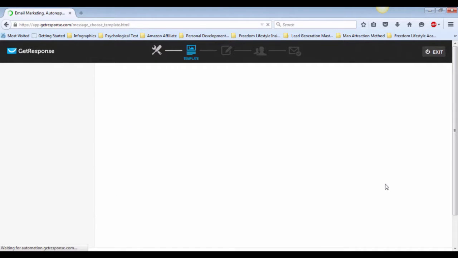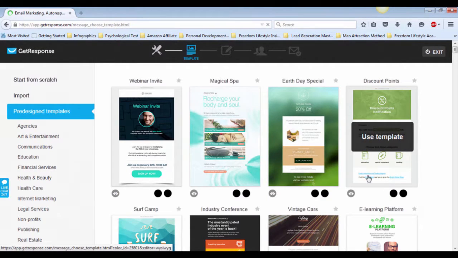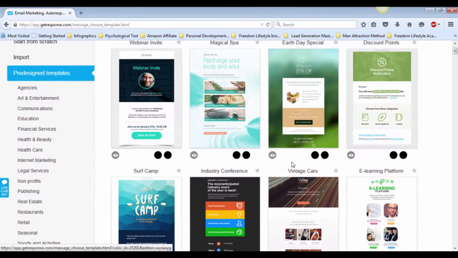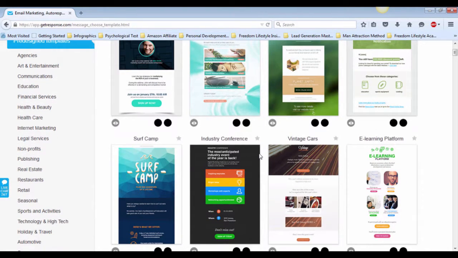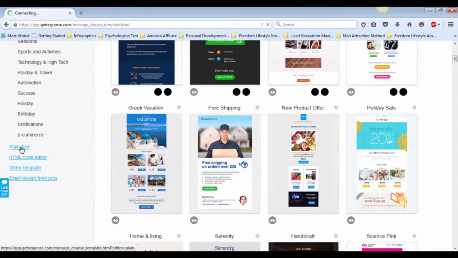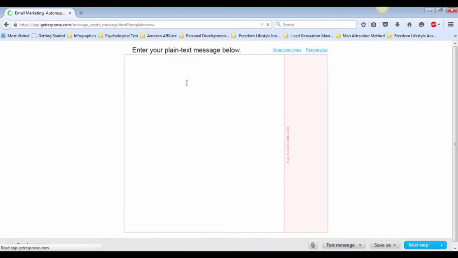And then, at the left-hand side of the page, you can see there are some pre-designed templates. But I will not recommend that you choose the complicated one because the chances that your email will be sent to spam are high if there are too many pictures in the email. So usually what I'll do is pick the plain text template